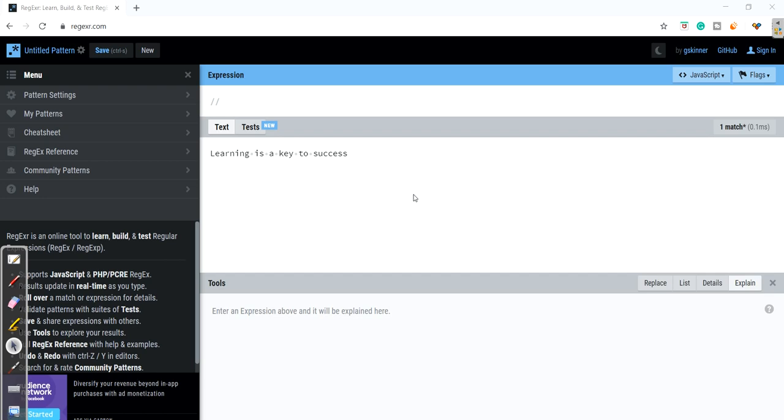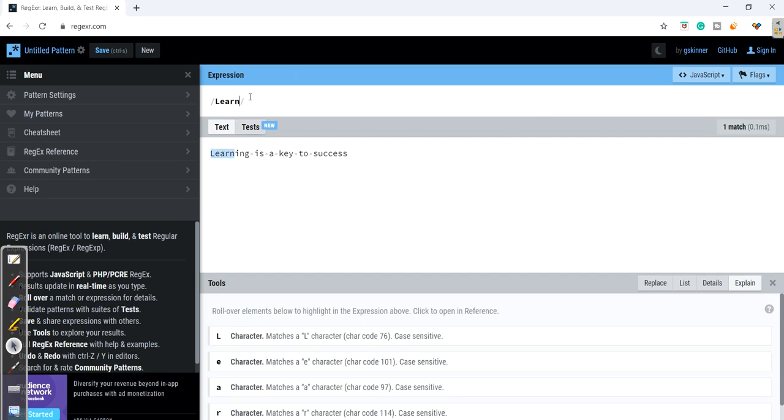Before that, we should know how to write the text. Let's say I want to write learn. It will be entered within two forward slashes. These are the two delimiters that we should know when talking about regular expressions. The text I am typing will be within these forward slashes, but the slashes are not part of our expression. They are just the delimiters holding it. You will be using it without forward slashes most of the time.